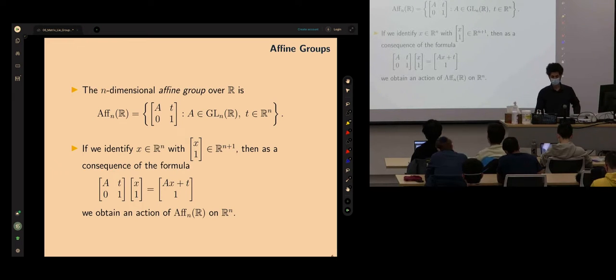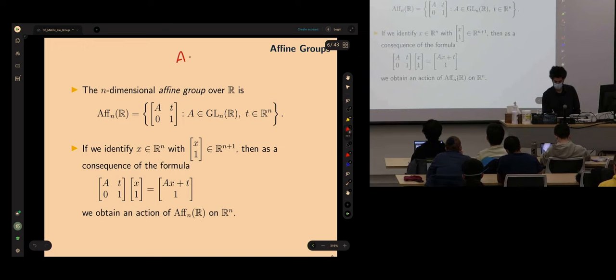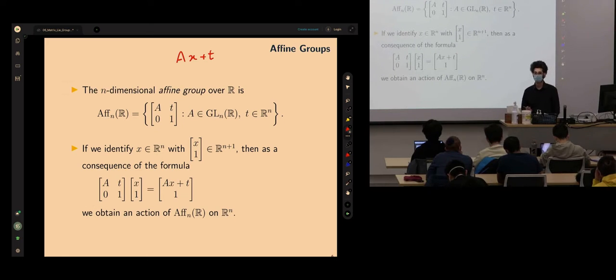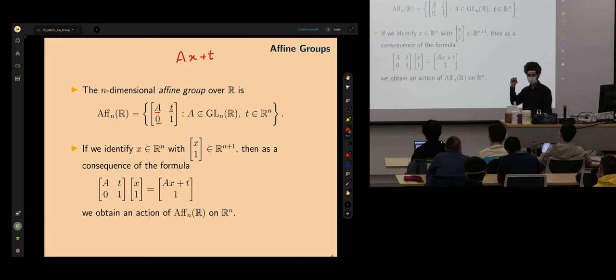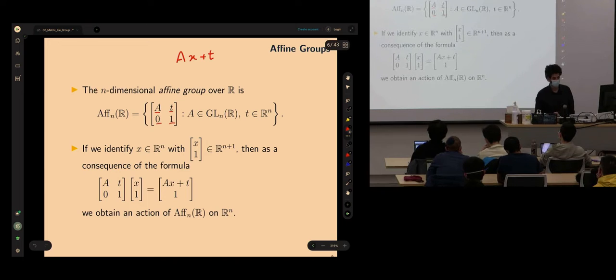So the first one is the group of affine transformations. You already know an affine transformation takes a vector, applies a linear map, plus a translation. And the trick we learned last time is that if we form our matrices into this form, the linear part, the translation, add a row of zeros, as many as you need, depending on the number of columns of A, and then add a single one for your translation. This is called a group of n-dimensional affine